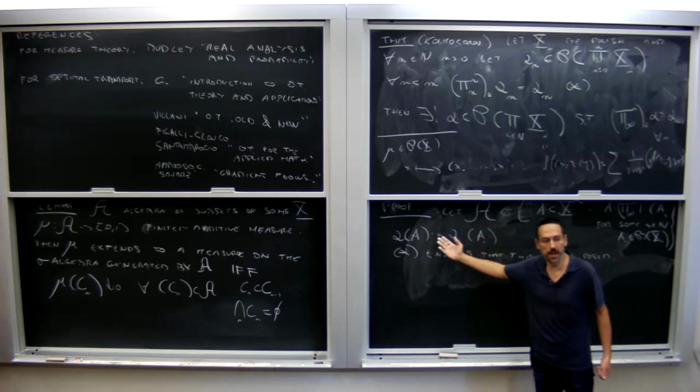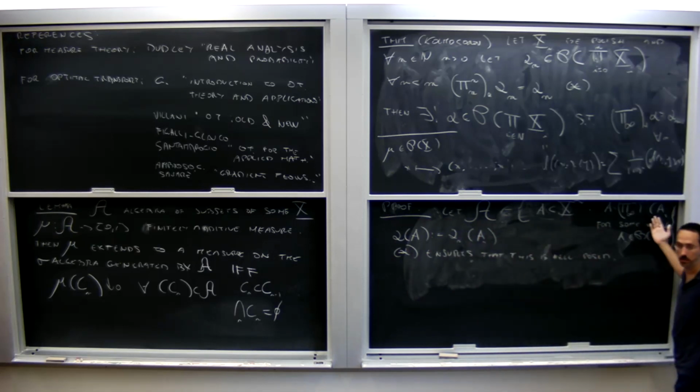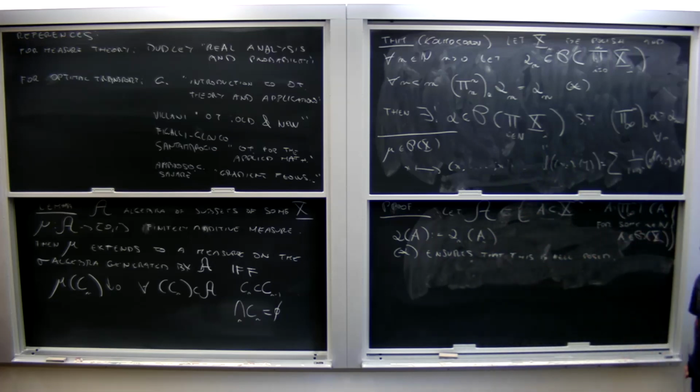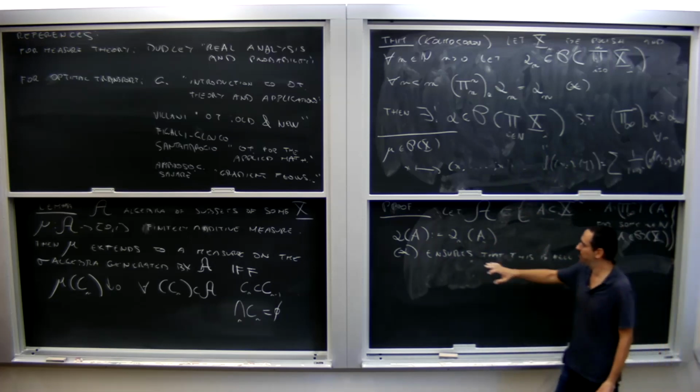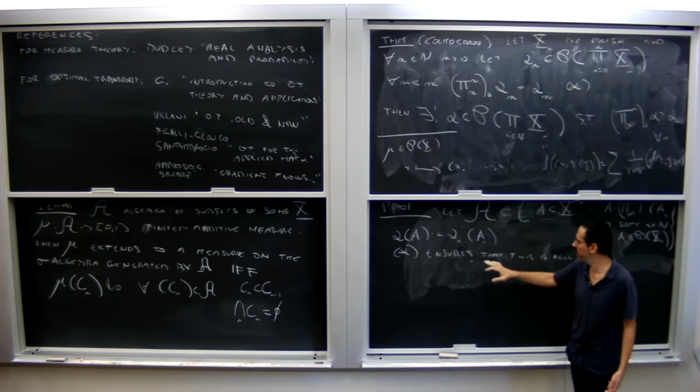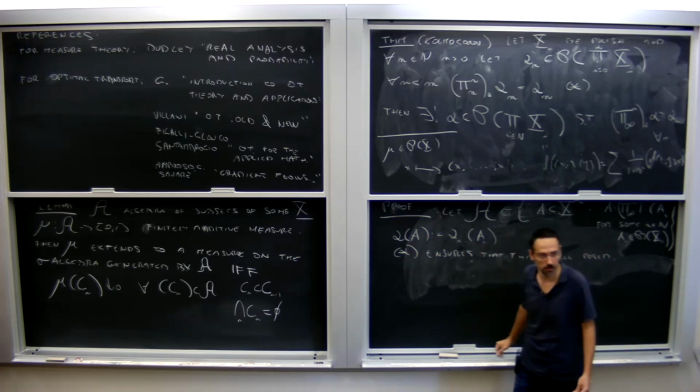Well, maybe the same set A can be written in different ways in this form. For instance, I could take A_n and multiply by the whole space X_{n+1}, and that's another base of a cylinder. But it doesn't matter which one. So this map is well defined. And it's easy to check that it's finitely additive, for trivial reasons, because these are finitely additive.